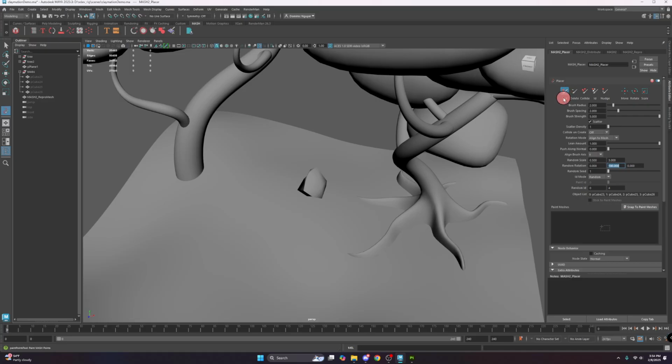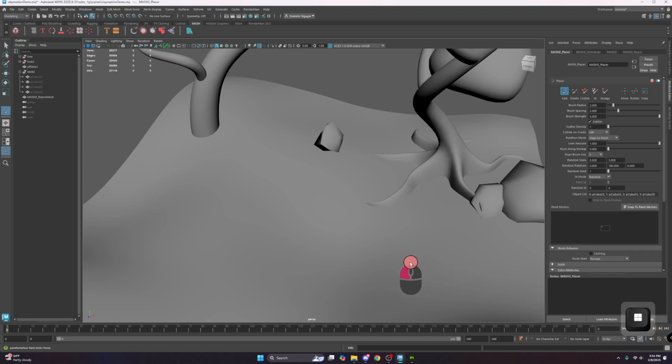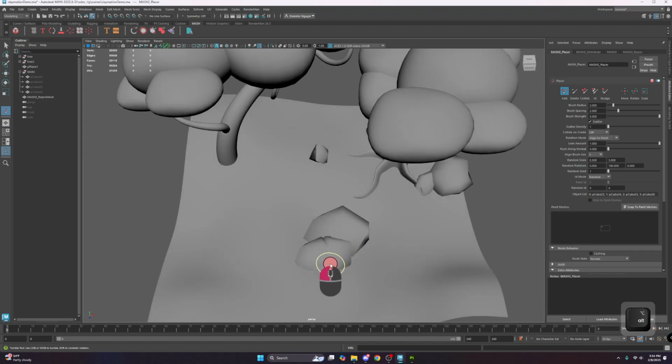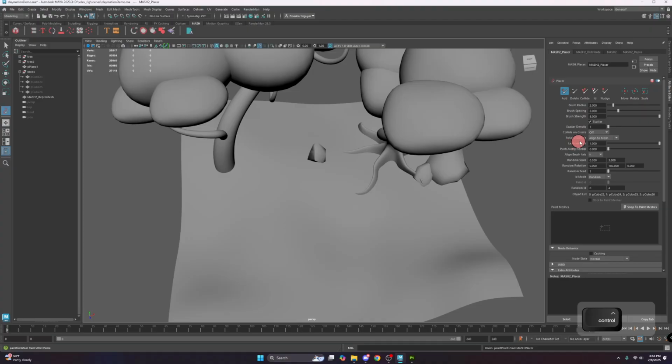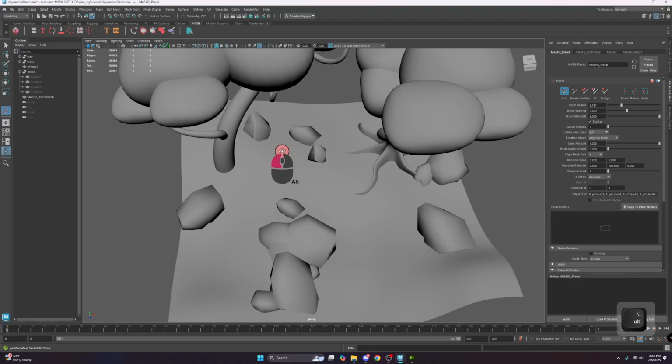So with that, we can scroll up to this add icon up here, and this is going to let me paint onto my surface all of these different objects. And you can see they're very close together, so what I want to do is go back to my brush spacing and maybe space these guys out, maybe make my brush bigger, right? And this is just going to help